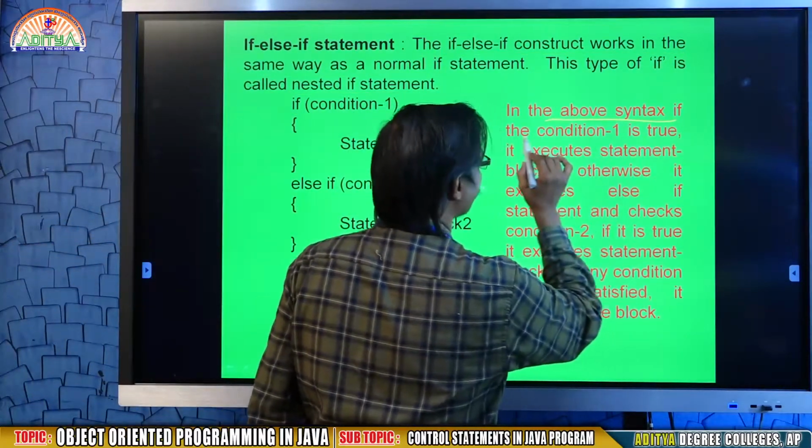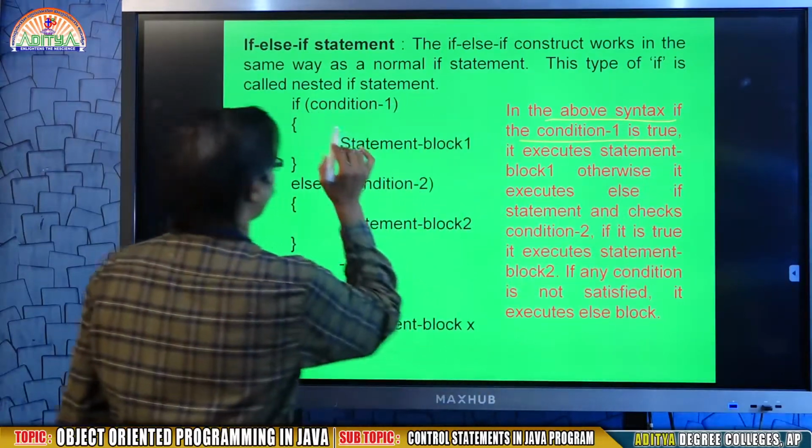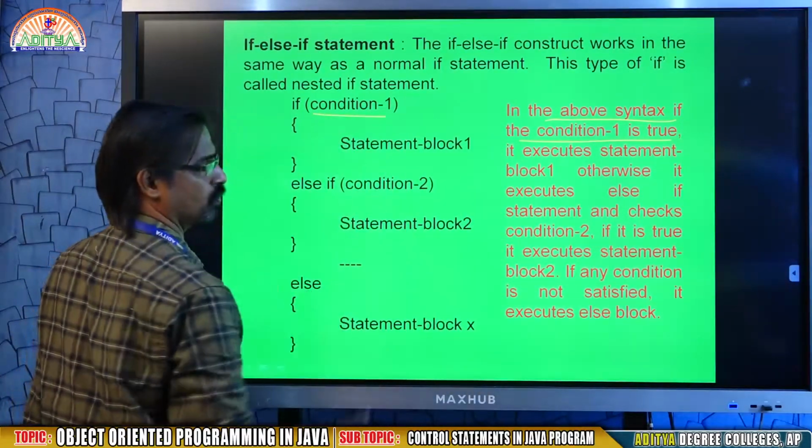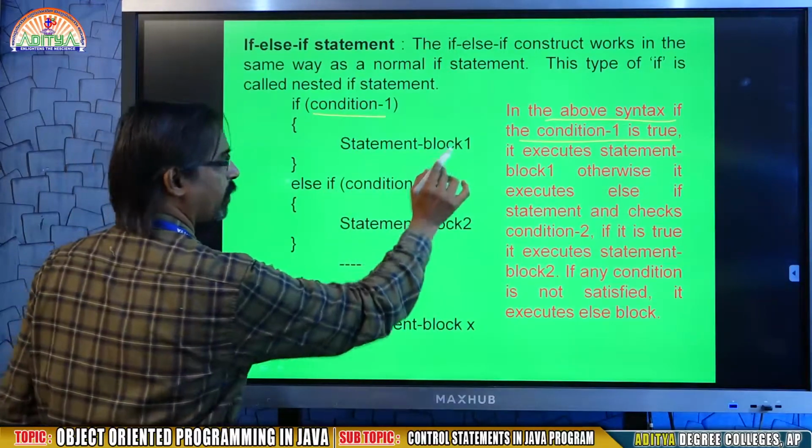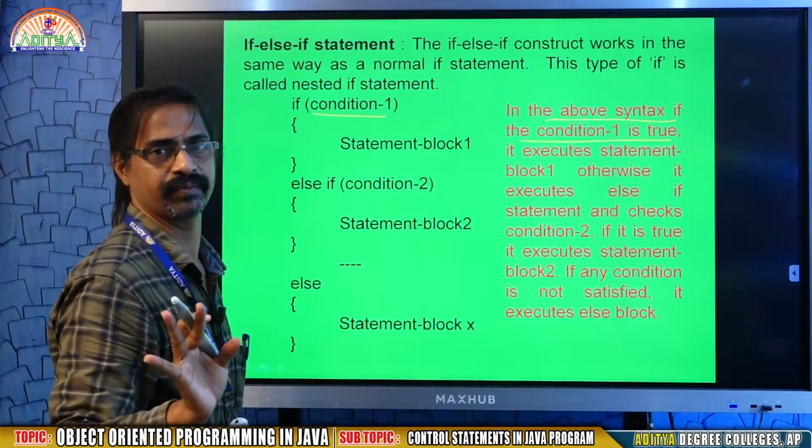Now see here, in the above syntax, assume my condition 1 is true, what happens? Statement block 1 will be executed.